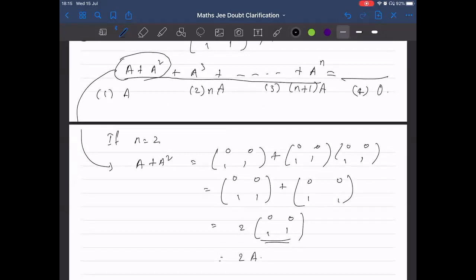If you keep n value equal to 2 here, it gives 3A, and the null matrix is not the option. The matrix A is not our option. N value 2 means we are having 2A. So sometimes substituting the value of n will make the problem very simple than you can imagine. But you have to select a suitable n value which can eliminate many options and give only one option as our answer.